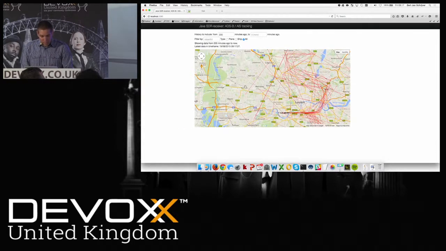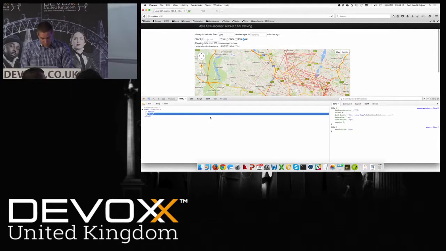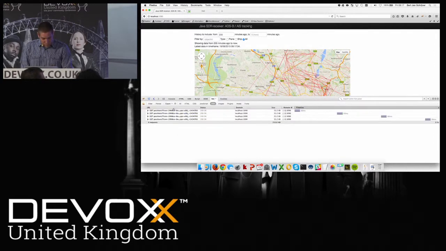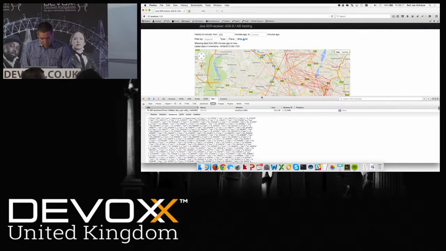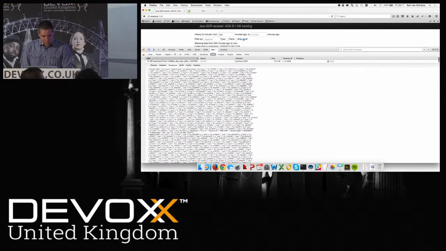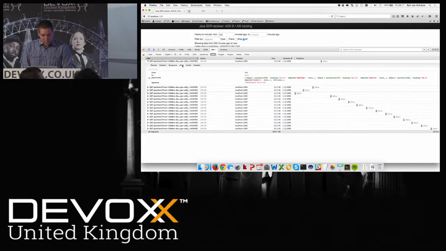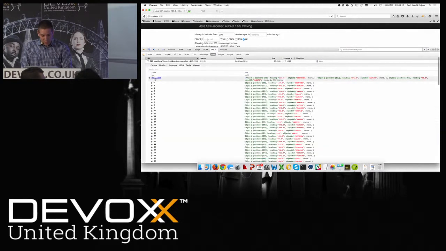So how does this look? I hope this is visible for you. So this is just a bunch of JSON, and it's basically a list of positions, where each position is the data for a specific flight.